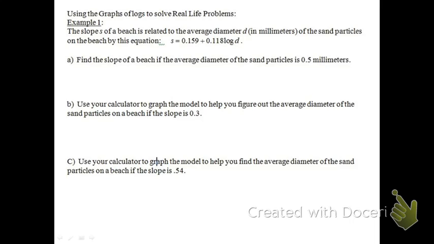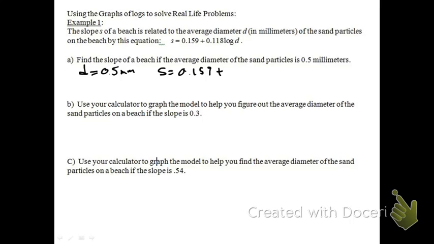Find the slope of a beach if the average diameter of a sand particle is 0.5 millimeters. Part A is actually kind of easy because they're telling you what d equals. They're saying the diameter of a grain of sand is 0.5 millimeters, and I think all we have to do to find the slope is plug that in. So the slope is